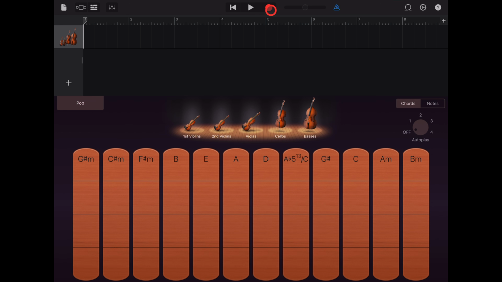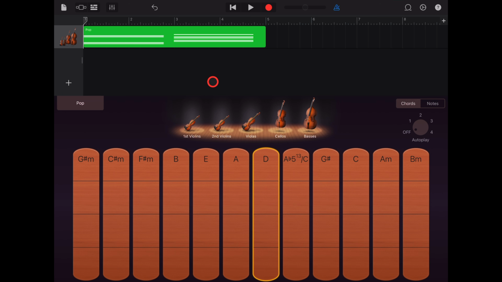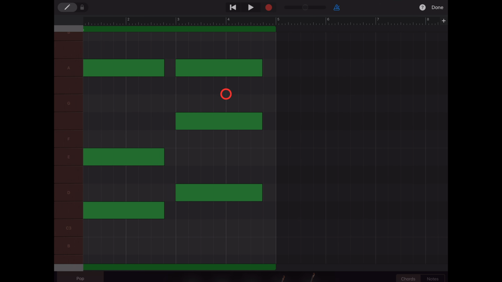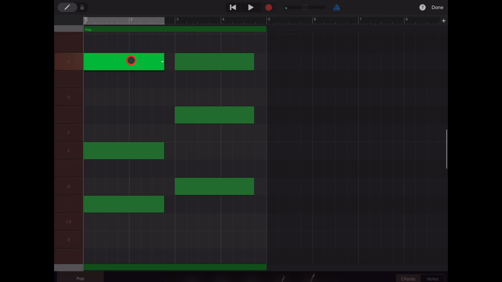To record strings, we simply hit record and then start playing in our part. And like all of our other MIDI instruments, if you want to edit the MIDI, we simply tap, tap again, hit the edit button, and now we can adjust everything about these. We can move notes, and we can change the length of the note. So this can be handy if you're moving from note to note and you want to get more of a